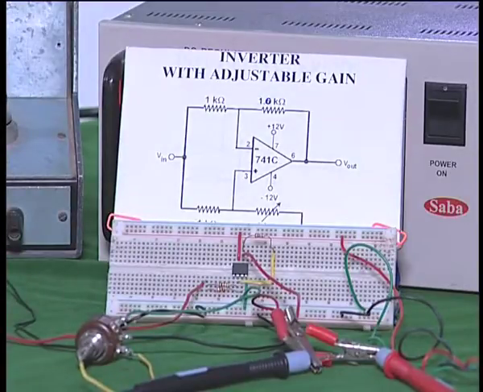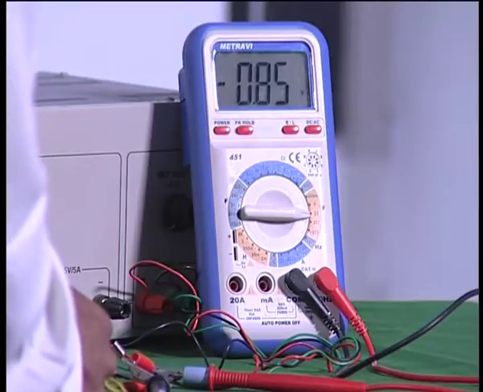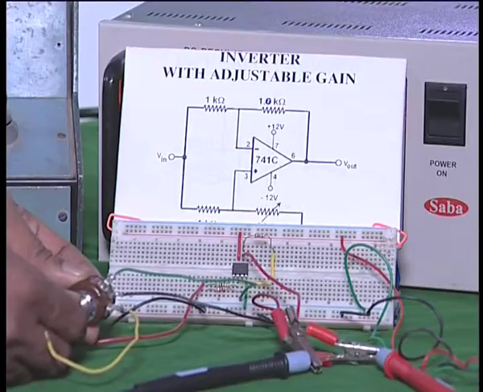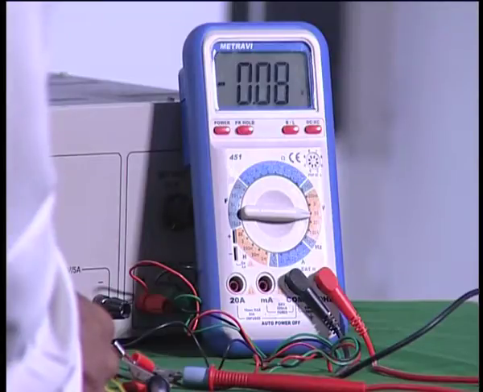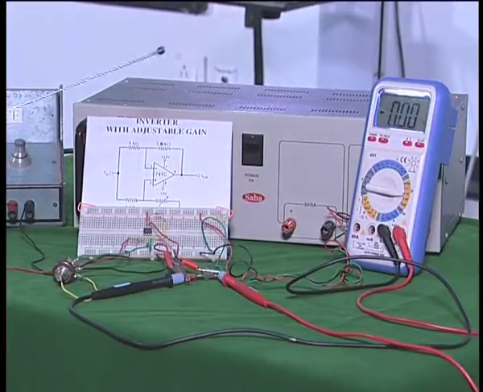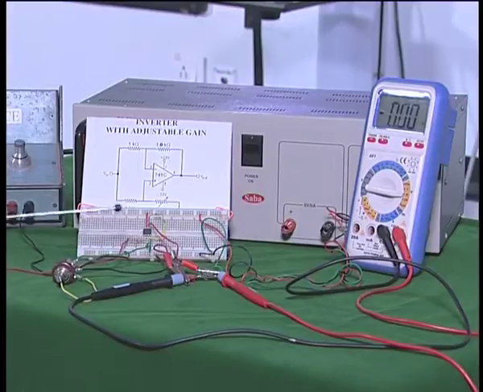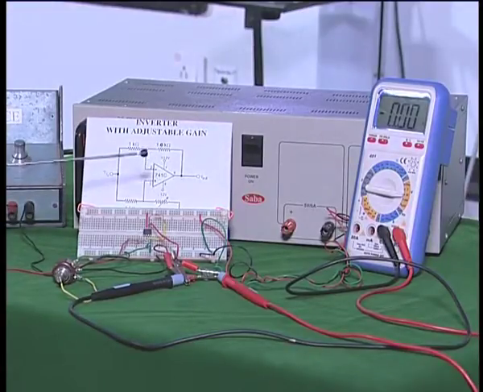Now, you please observe as I move the potentiometer what happens to the output voltage. You can see it is decreasing. It is now 0.85, it has come to 0.33, and I can keep on going till I get 0, which will be corresponding to my potentiometer corresponding to 1K. So, you find the output voltage can be varied by varying this potentiometer, and that means I can vary the gain of the amplifier by using this potentiometer from a minimum 0